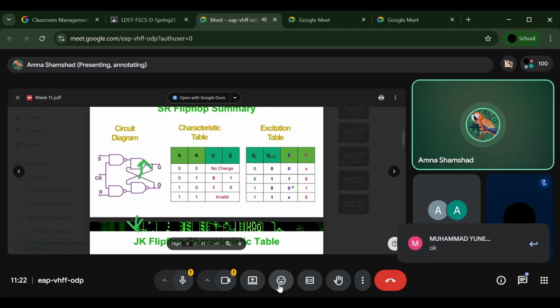You have to draw these diagrams, and you have to verify these combinations taking the initial state of Q and Q dash as 0 and 1. We have to check for Q and Q dash because it is cross coupled on this combination, so we have to assume something on Q and Q dash. So taking Q as 0 and Q dash as 1, check all the combinations.